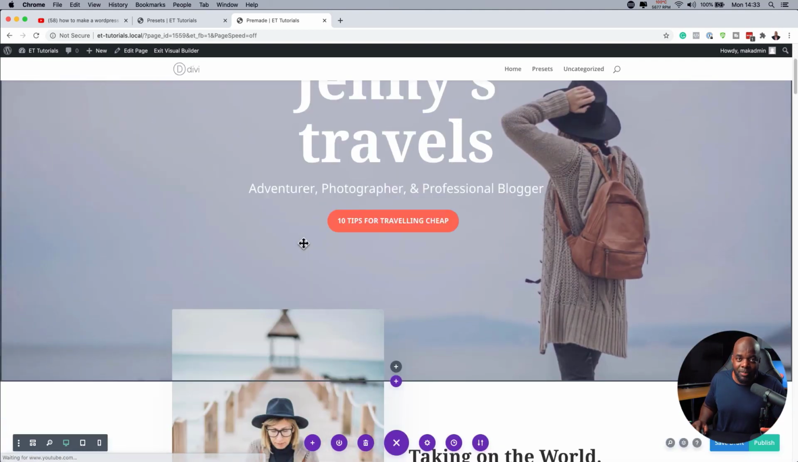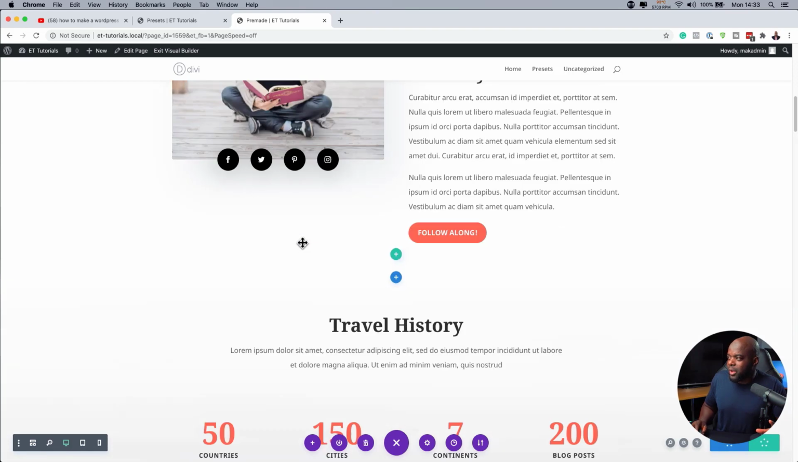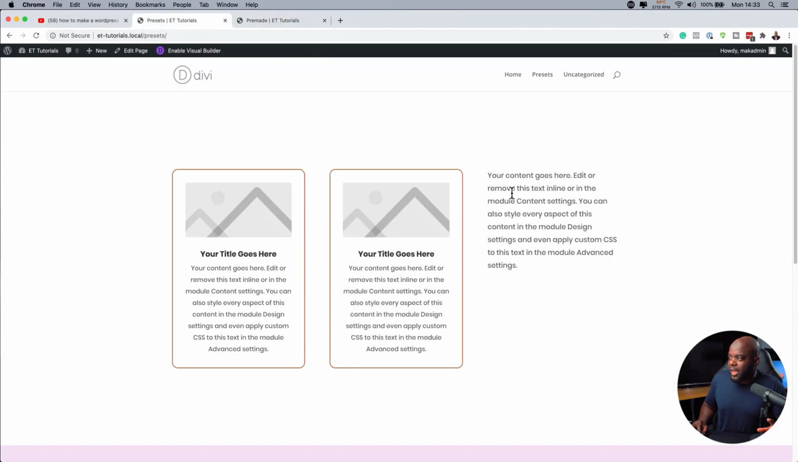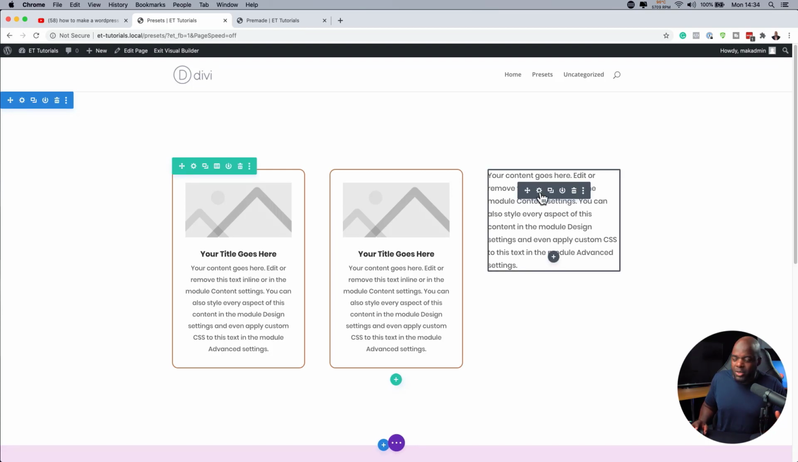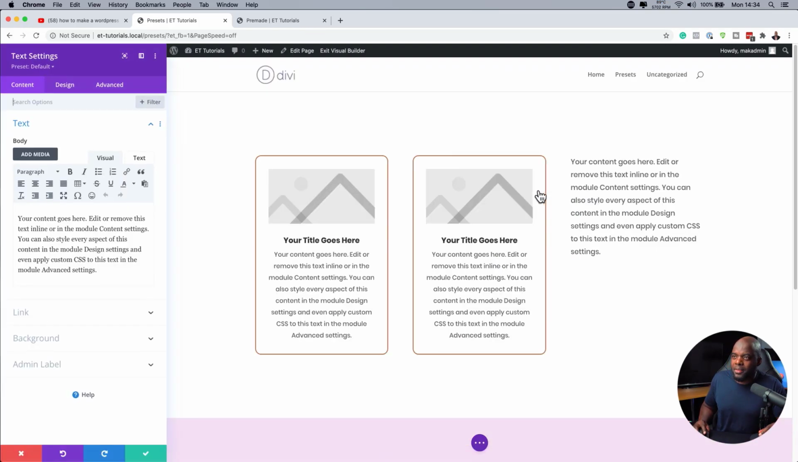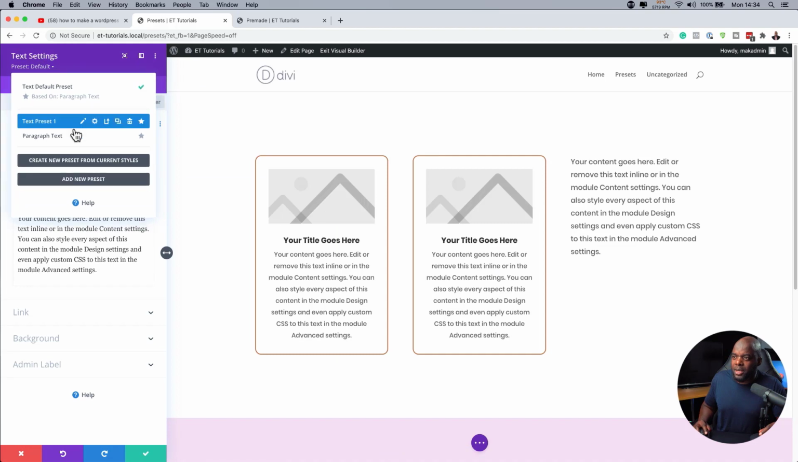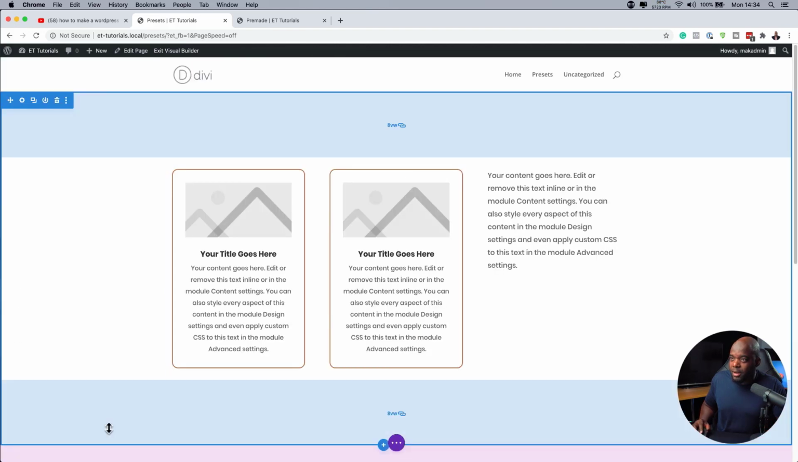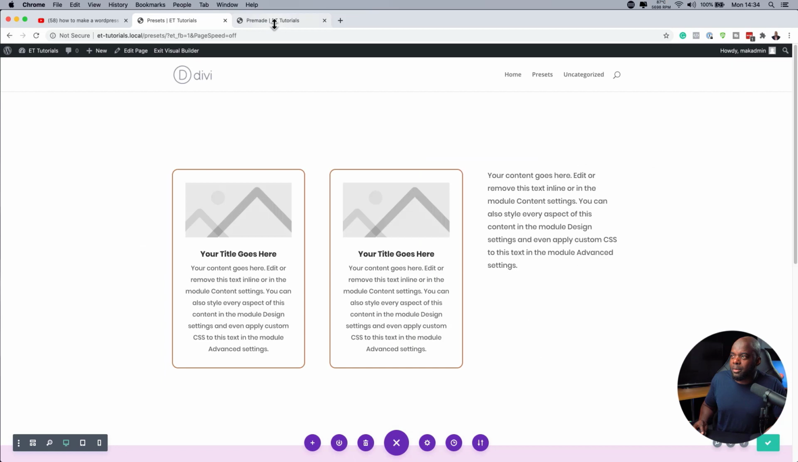and see where I have the paragraph text. Okay, so here's the paragraph text here, right? So I haven't made it global yet. So let me come over here now and make it global. So I'm going to enable the Visual Builder here, and then I'm just going to go into this one here. It doesn't matter which one you go into. Click here, settings, click on the drop down, and then I am going to assign preset as default. Yes, save this. Okay, I'm going to save this one more time, and then I'm going to come over here